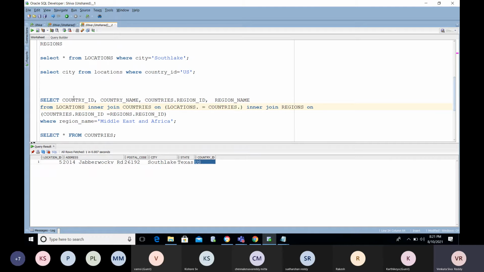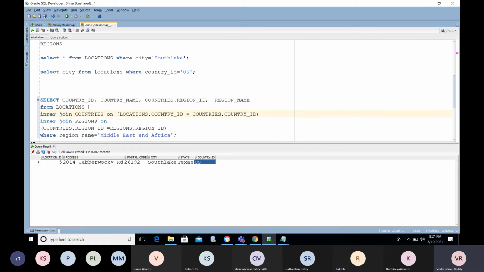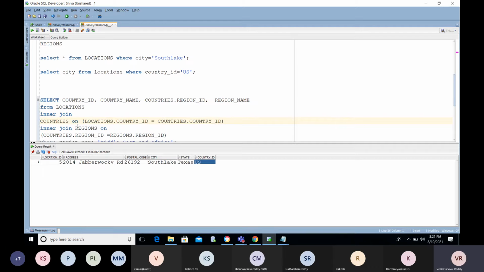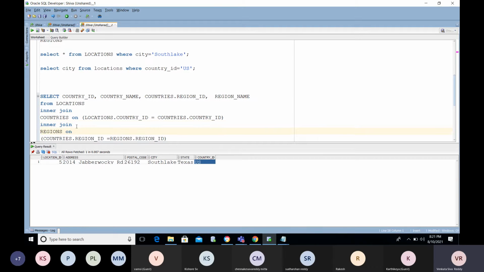I don't know what is happening here. Now I use two tables as a join. Three tables I am using here. How many joins am I getting here? Two joins. If you are using n number of tables, you can put n minus 1 joins. I already explained this.